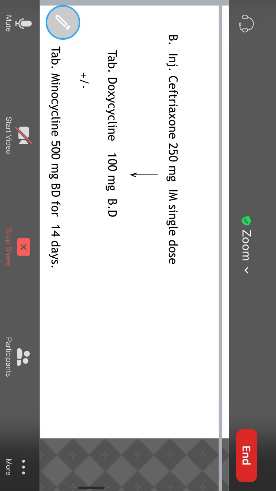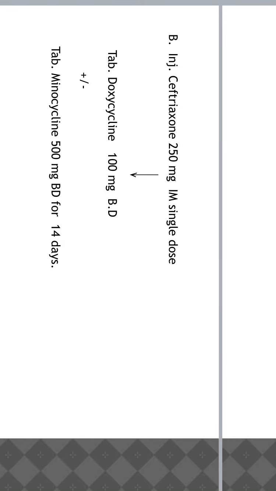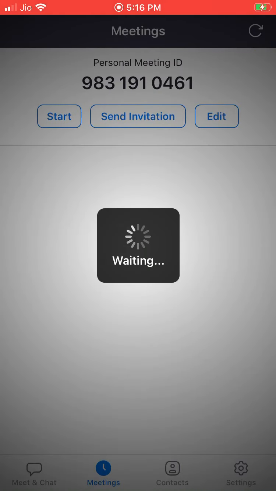So these are the main basic regimens. These are the regimens I have taken from the standard book. But what we